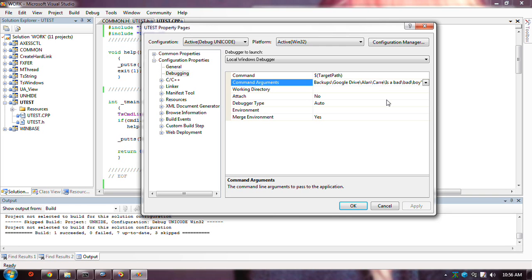That is, if this was a substituted drive, it should turn that into a path. If I put K here, it should give me that. Turn the K into whatever K points at. So it should work whether the thing exists or not.